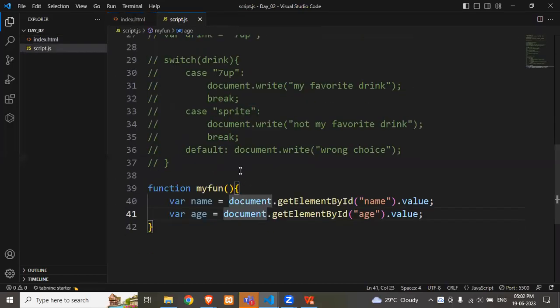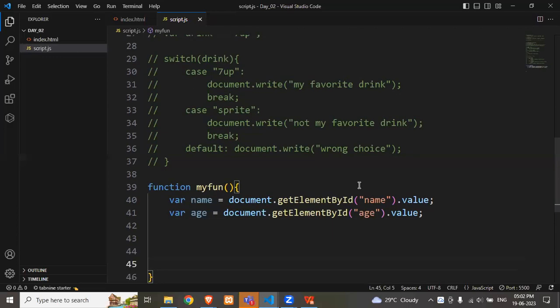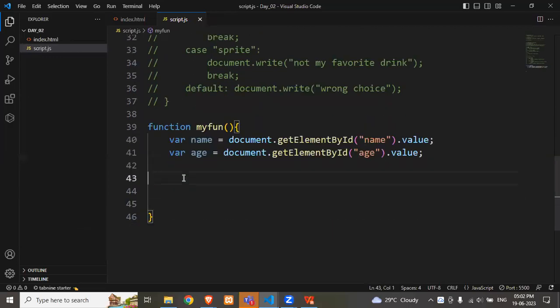Whatever value I've got here, if I am planning to print it in that particular p tag, I can use that method also. Here two values I have got, right? Simply, just for understanding, I have shown you how to get the value from the form using the input. If I want to print it,